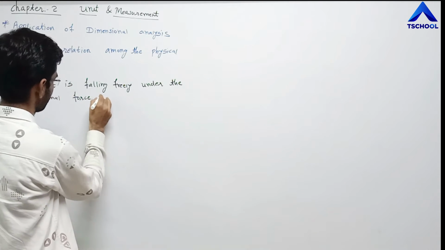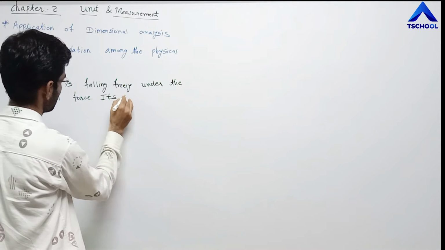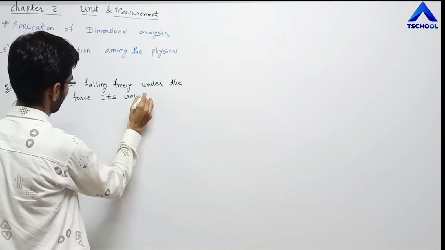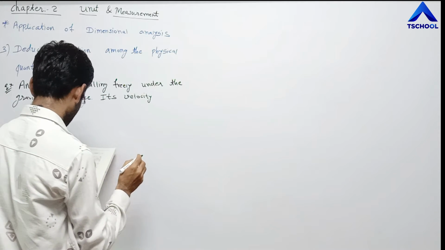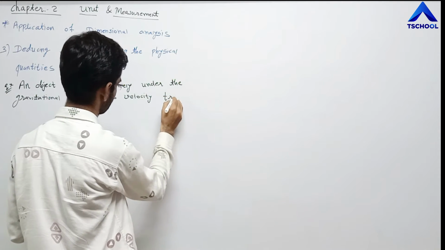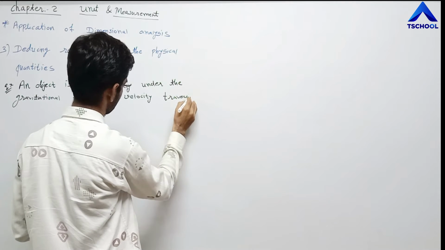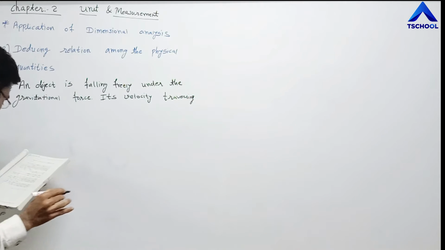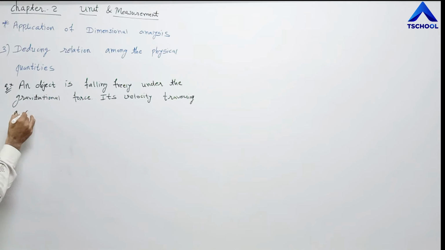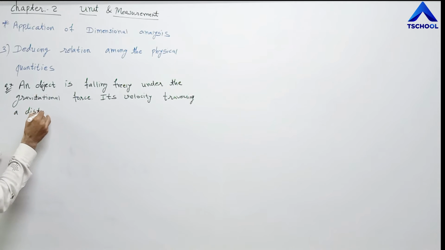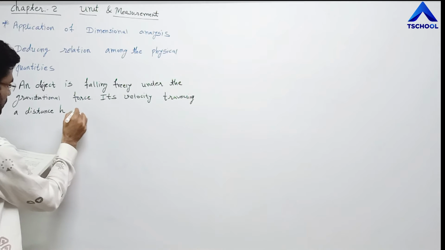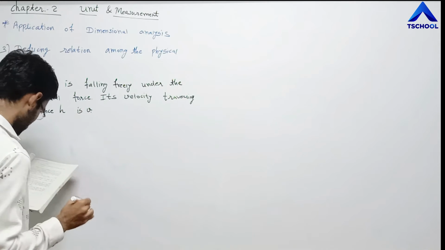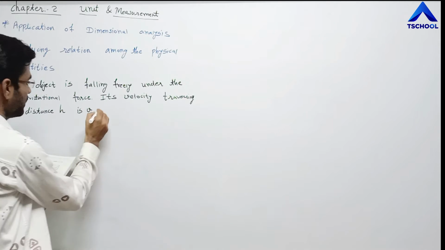Its velocity traversing a distance h is v. If velocity v depends upon